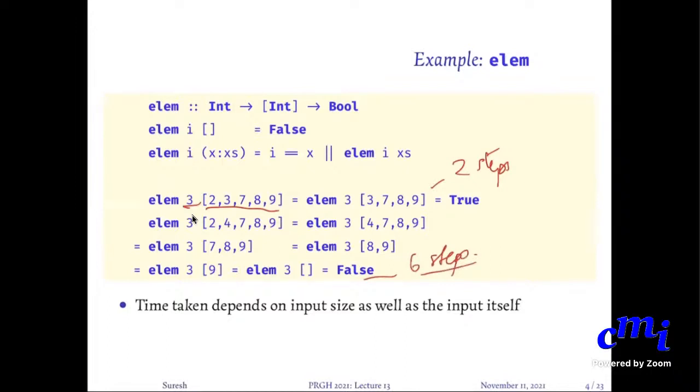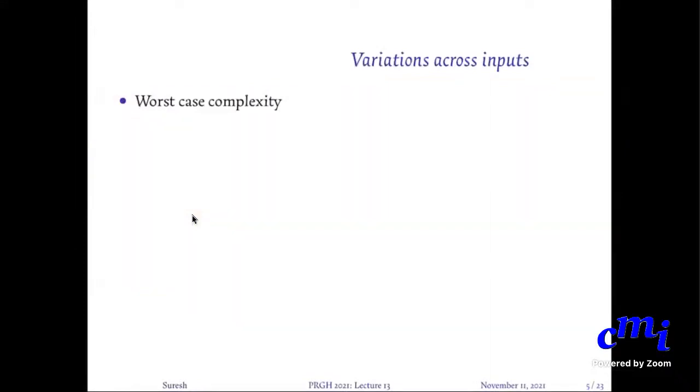So now the time taken, or the number of steps required, depends on input size as well as the input itself, but we do an abstraction, because after all, if we want to present every little detail about everything, then it is very hard to solve problems. So you want to evaluate the difference between two different solutions. The way to evaluate it is to abstract out, or give a capsule of information about the efficiency of one program versus the other program. And you want to be able to write a program once and apply it many times across inputs of various sizes.